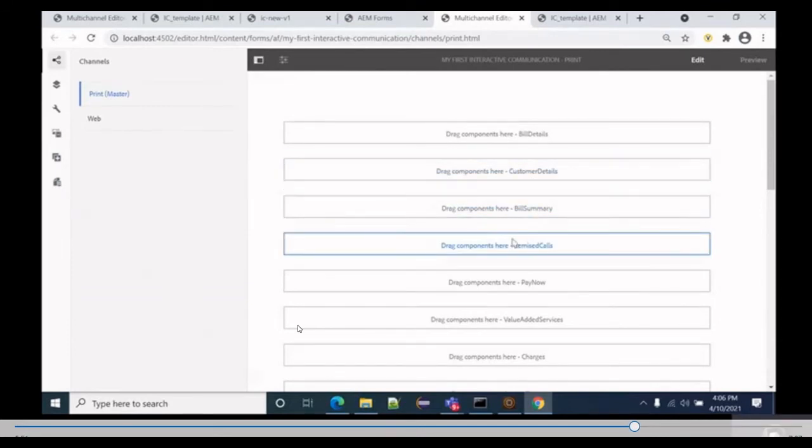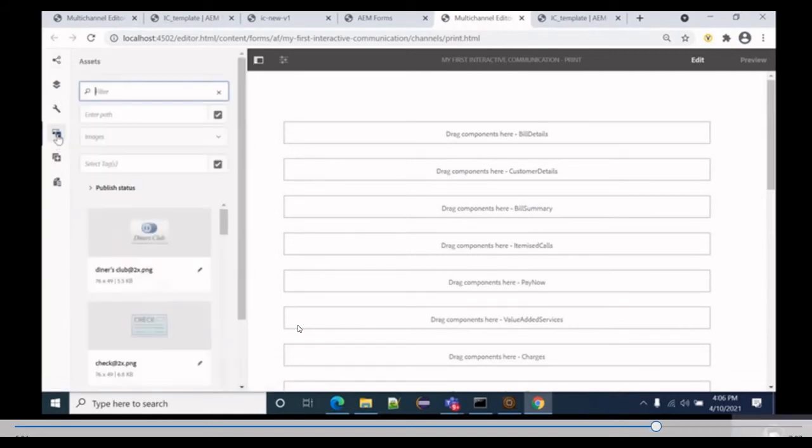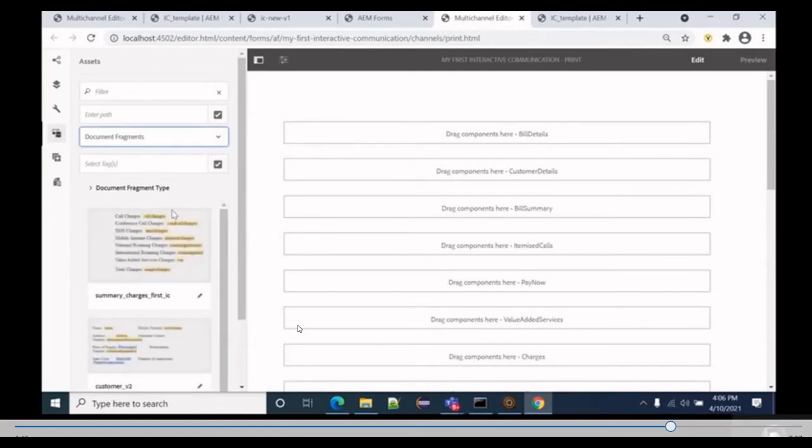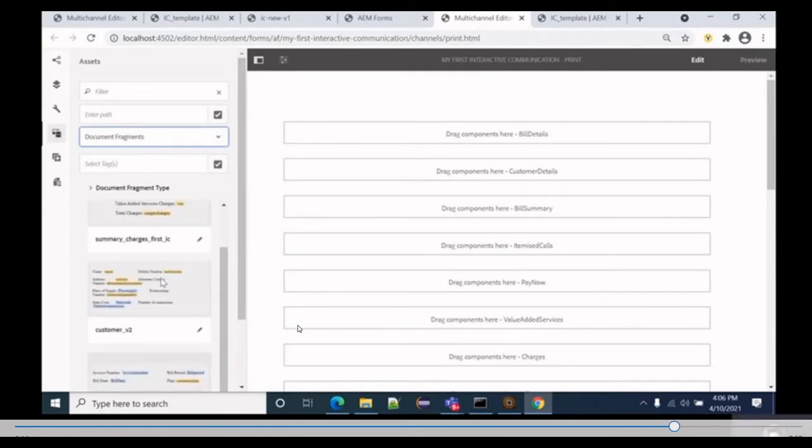Okay, so now we can put our configurations. Sorry, we can create this page. We can design this page. So what we can do is let's go to Assets, and from this filter we can select the document fragment. Yeah, so these are the document fragments which we have created in earlier videos.